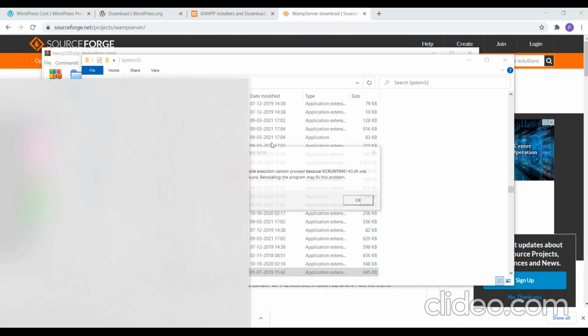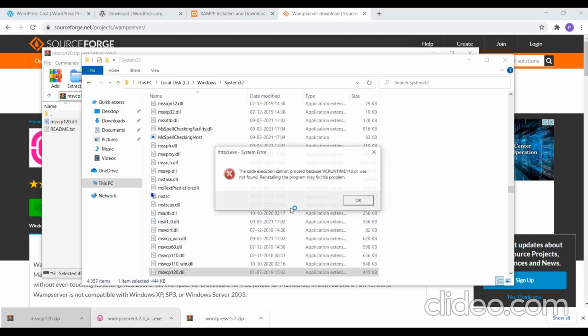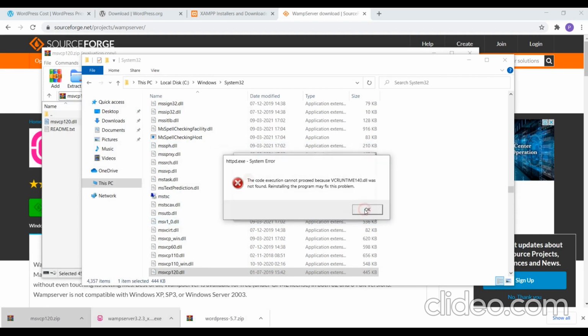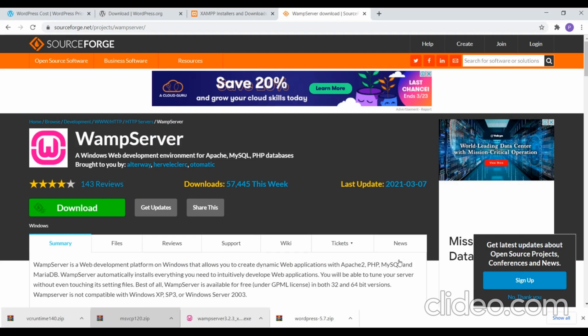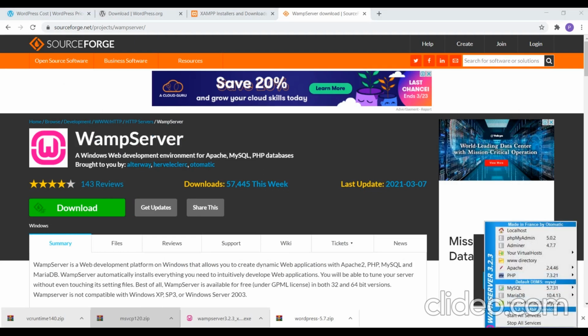and see if you can open your WAMP. So if you are getting this error, then again you need to do the same process. You need to download the same DLL file. So I have downloaded and copied it. If you see that, onto your bottom right, you will see your WAMP server icon.